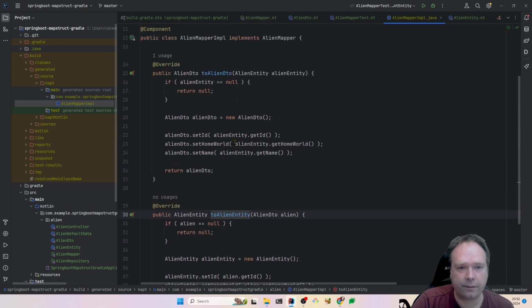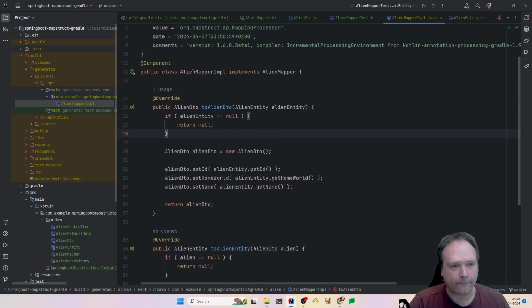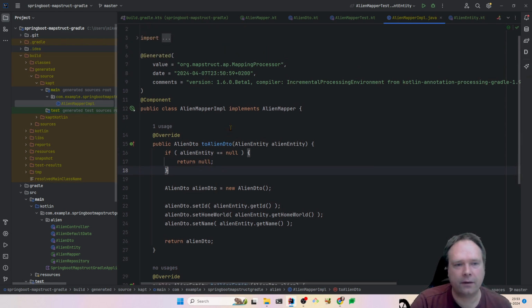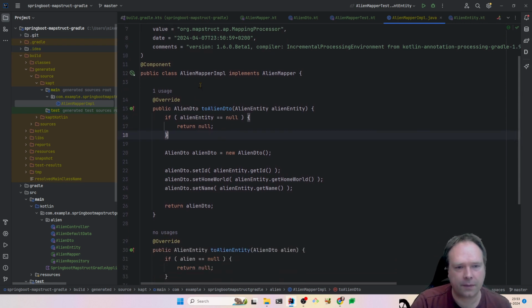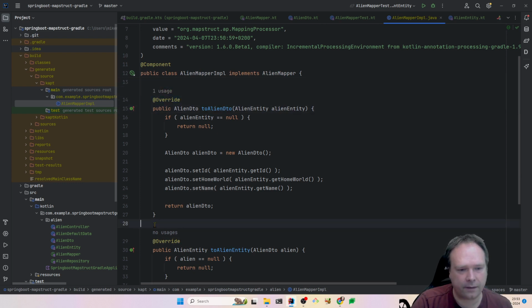So toDTO, let's start with that. So we have this. This is the Java code. You can see right here it generates Java code. Of course, all Kotlin code is converted into class files. And you can also write Java in your Kotlin project, and you can see this is just the Java style that we have right here. And so this is a class file, so they're being compiled to the same format, the Java bytecode,